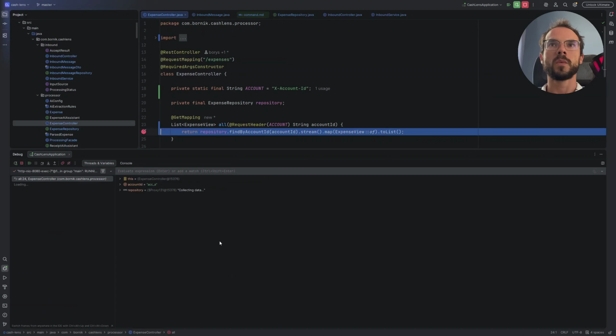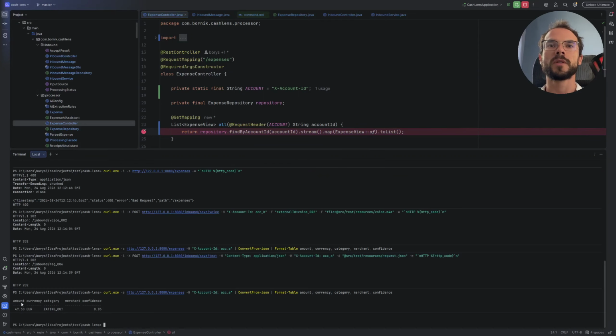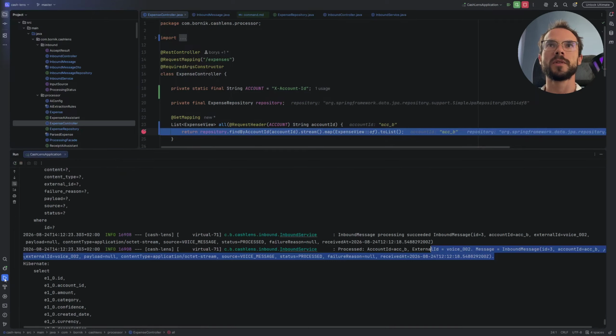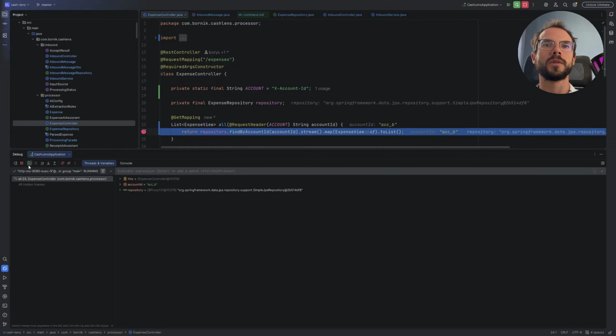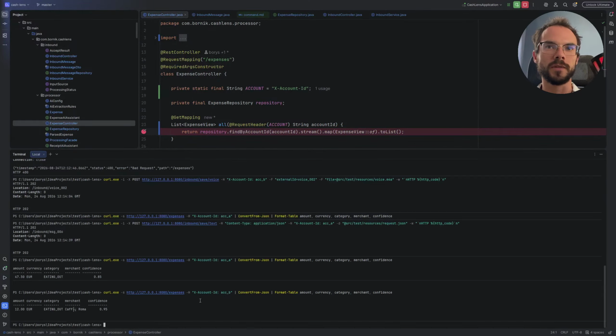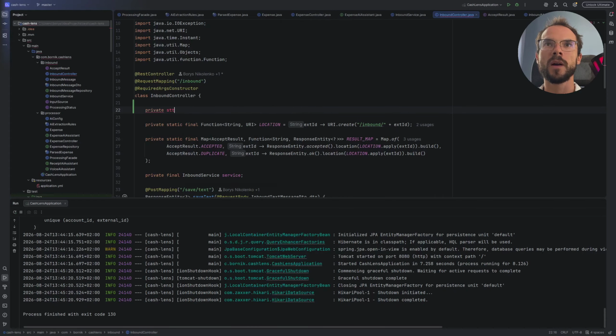So let's dive in. We added the account ID through the request header in our expense controller, and we tested it by running the curl command, hitting the expenses endpoint, and we could see that the account ID was present and it can distinguish both accounts that we saved to the database, and they have different expenses, which is the valid state. Let's start from adding the request header to the expected